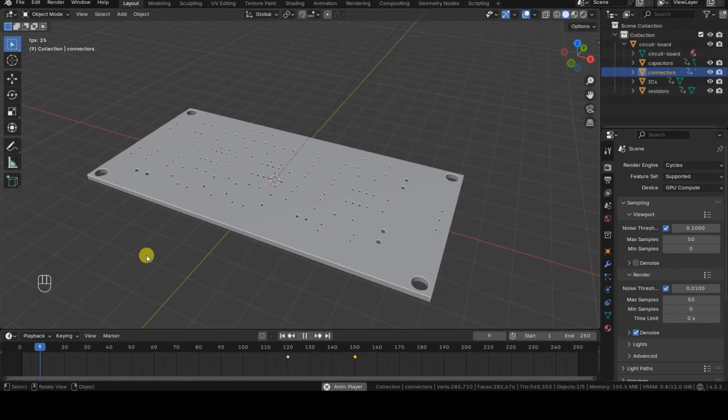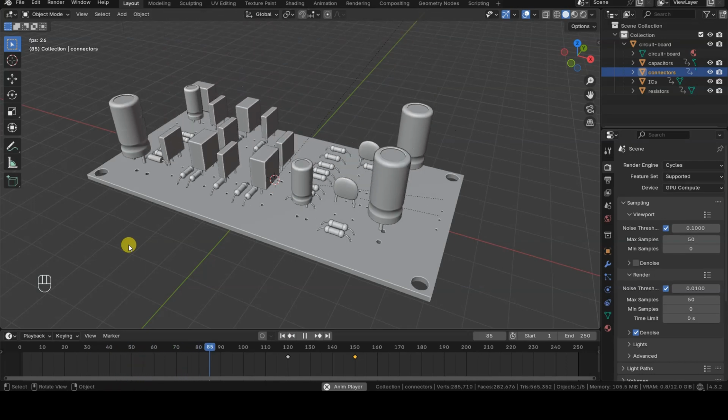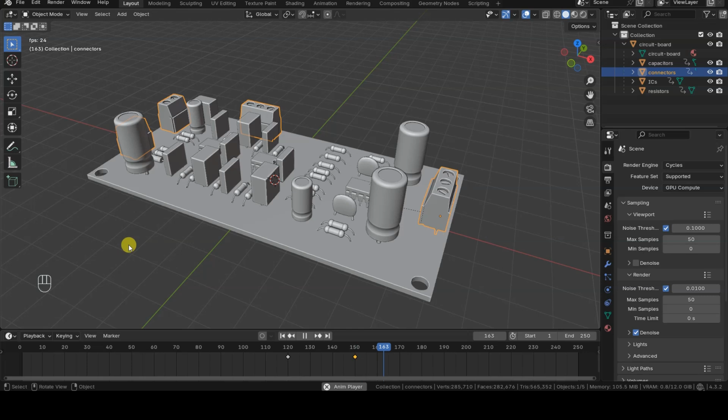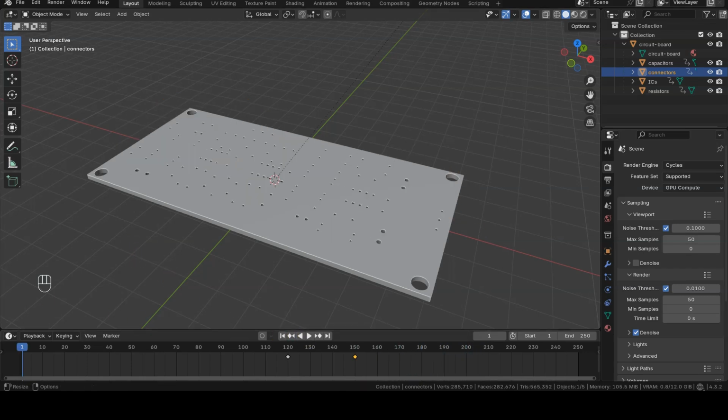I click the play button in the timeline to preview the animation so far. I can fine-tune the timing of this animation by adjusting the keyframes of the various components, but I can also move on to animating the printed circuit board and leave these refinements for later.